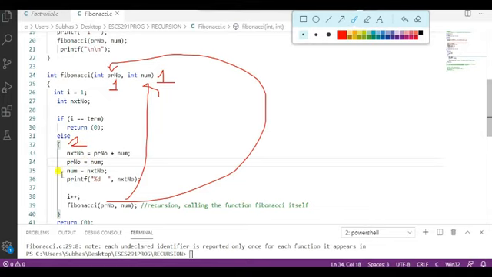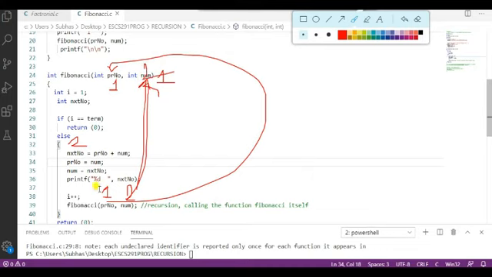Similarly, I will exchange all those things. pr_number is equal to num. What is my num? num is 1, pr_number is 1, and pr_number is now changed to num. So every time you have to change the previous number so that you can calculate the next number. So next time I will pass pr_number is 1 and num equal to 2.